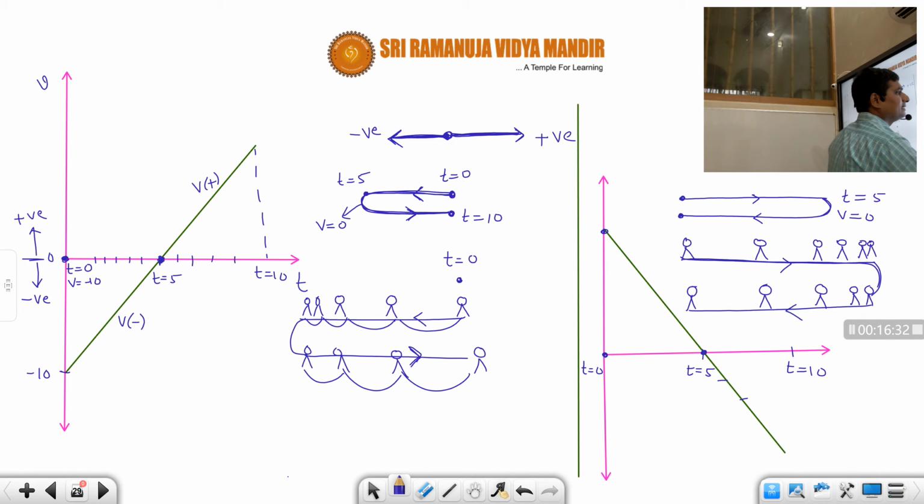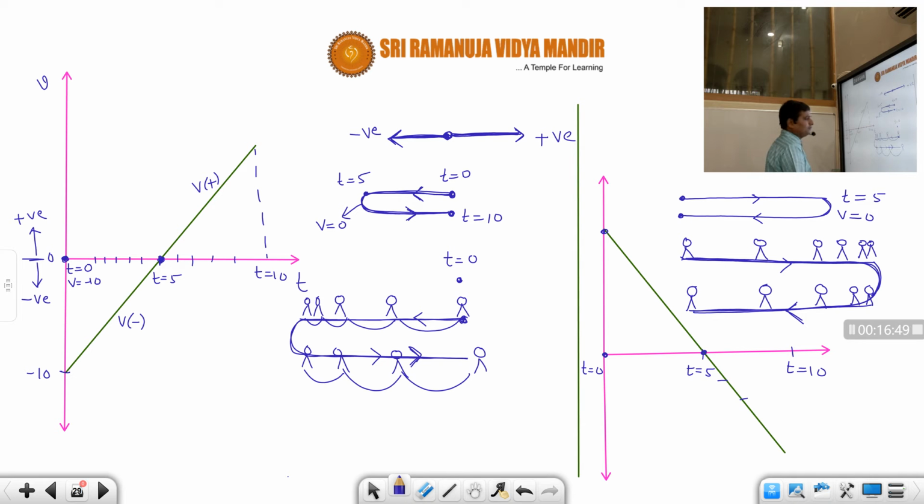So it goes towards the right side, takes a U-turn, then again it increases. That means it decreases and then increases, taking a U-turn. In the previous case, it is traveling towards the left side with decreasing velocity, then again increasing towards the right side. I hope students you understood. So you have to analyze the graphs like this.